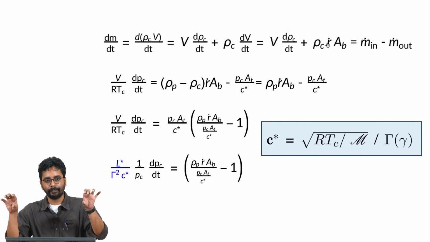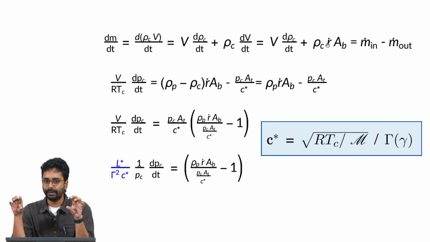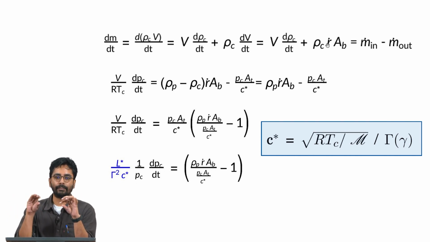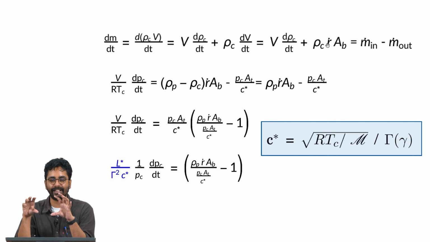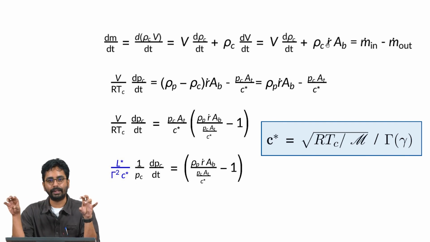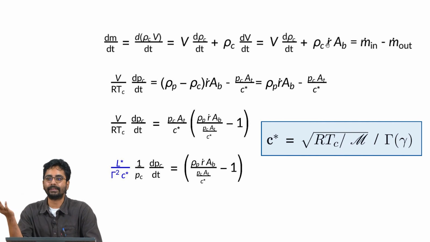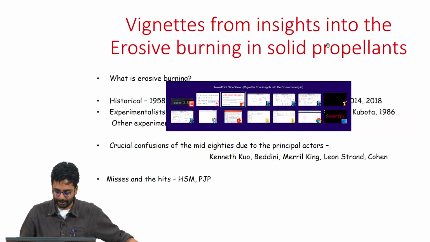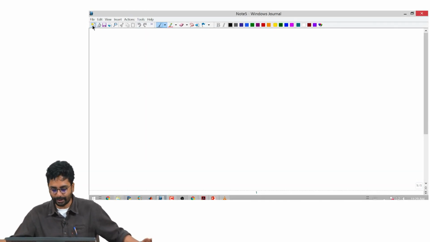Imagine a cylinder of radius r1 at time instant t1. Let us say at time instant t2 the radius increases from r1 to r2 because of the regression of the propellant normal to the surface, or in the radial direction. The increase in volume is simply the area, which is the circumferential area, multiplied by r2 minus r1. So, the rate of increase, perhaps this is something that I can just write down to make sure.